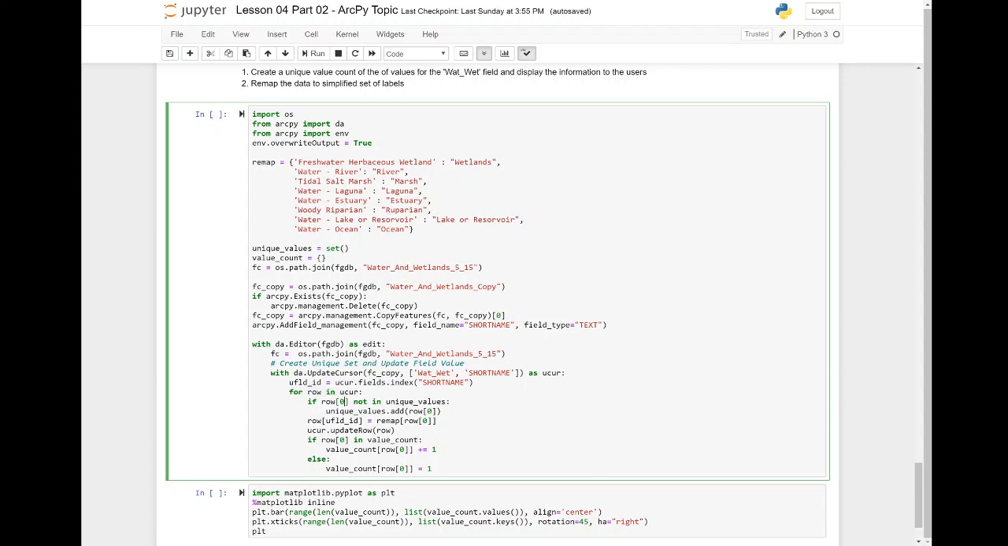for row in ucur. If row 0 is not in unique values, we're going to add it. We're going to remap our values, do the update, and then if the value is in the value count, our dictionary, we're going to add 1 to it, else we're going to create a new entry. So let's go ahead and collect our information that we need. It's going to take a second to run,